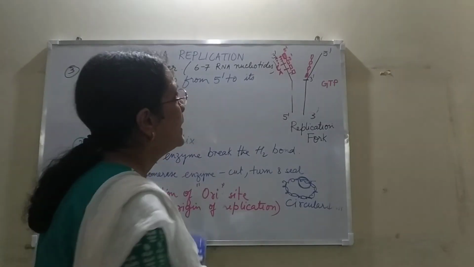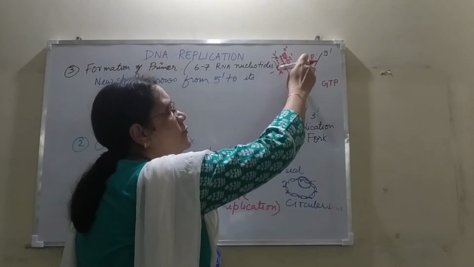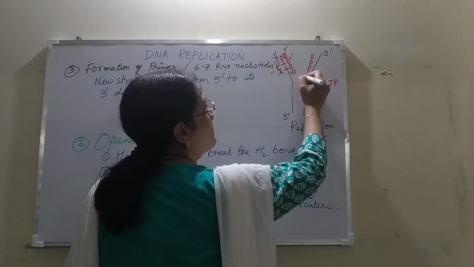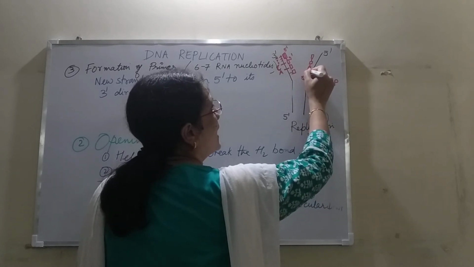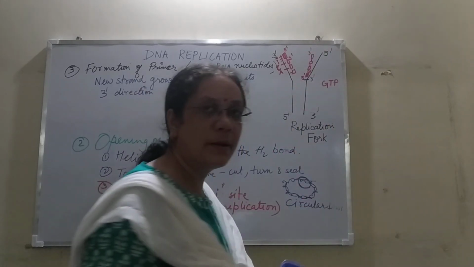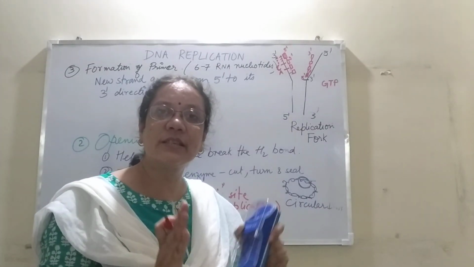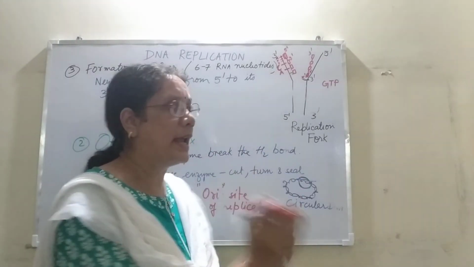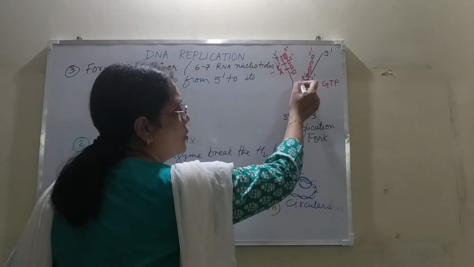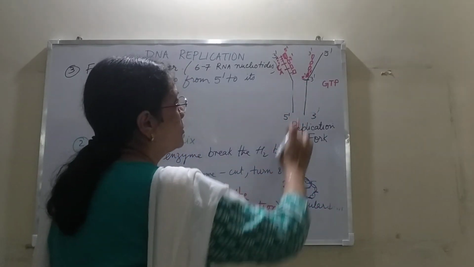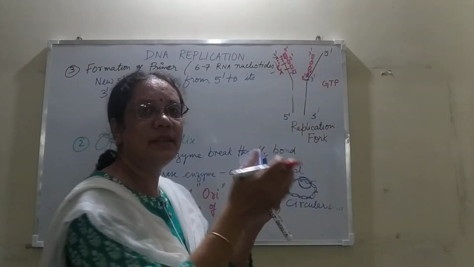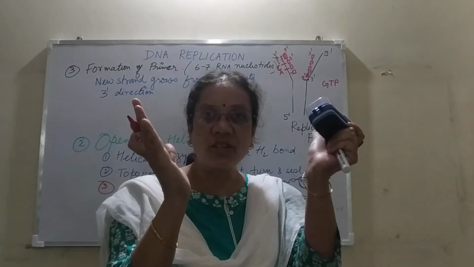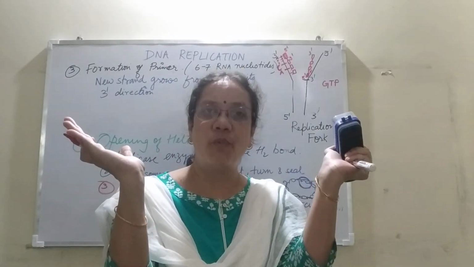So what did we see? Here the direction was from 5 prime to 3 prime. Here also it is the same. If you see, this is 3 prime, so the primer has 5 end here and the 3 prime, and here also is the 3 prime. Clear? But the direction is opposite. Now as the fork keeps on opening, again the helicase enzyme is going to act here, breaking down the hydrogen bonds. The topoisomerase is going to cut them, nick them, turn them and reseal them. So gradually my replication fork is going to open even wider. Okay.